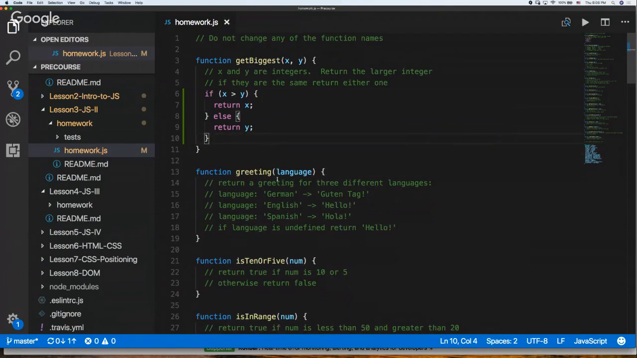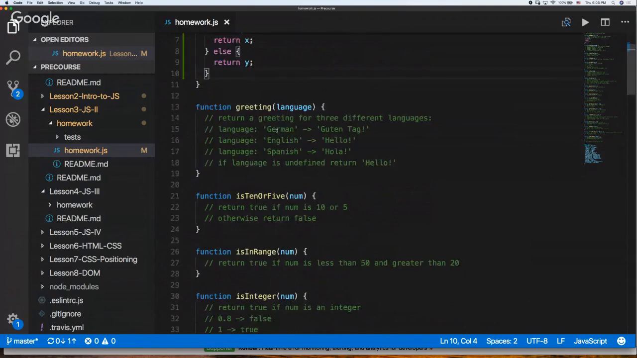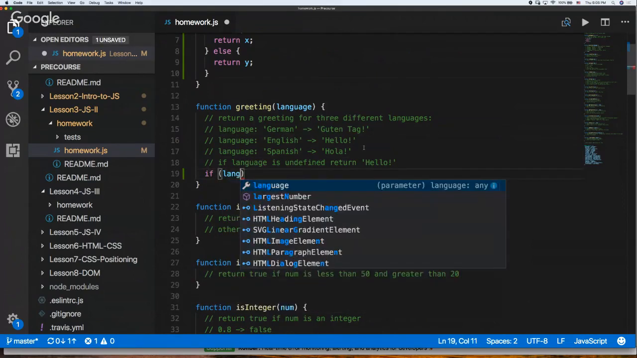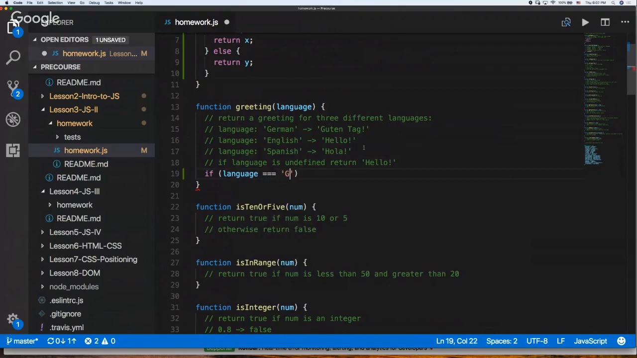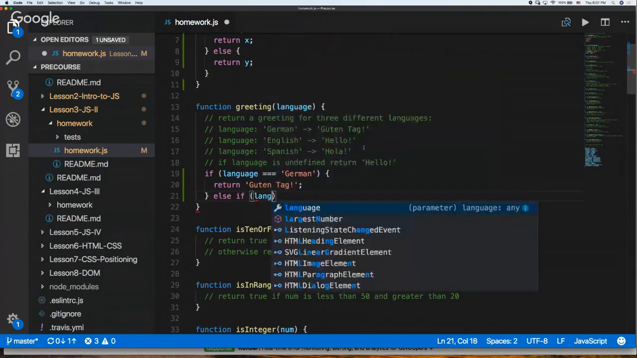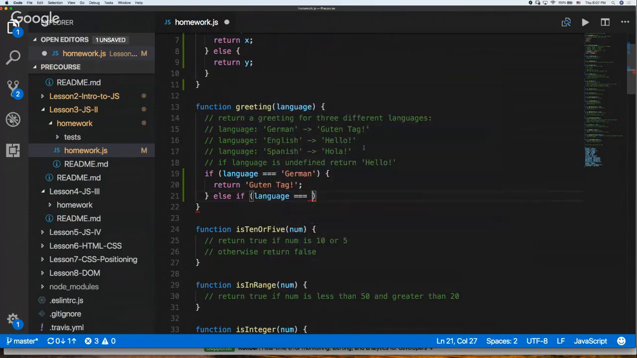Okay, so let's now go down here. So greeting. Based off of what language is, we'll return specific output. So if language is equal to German, return, else if language equals